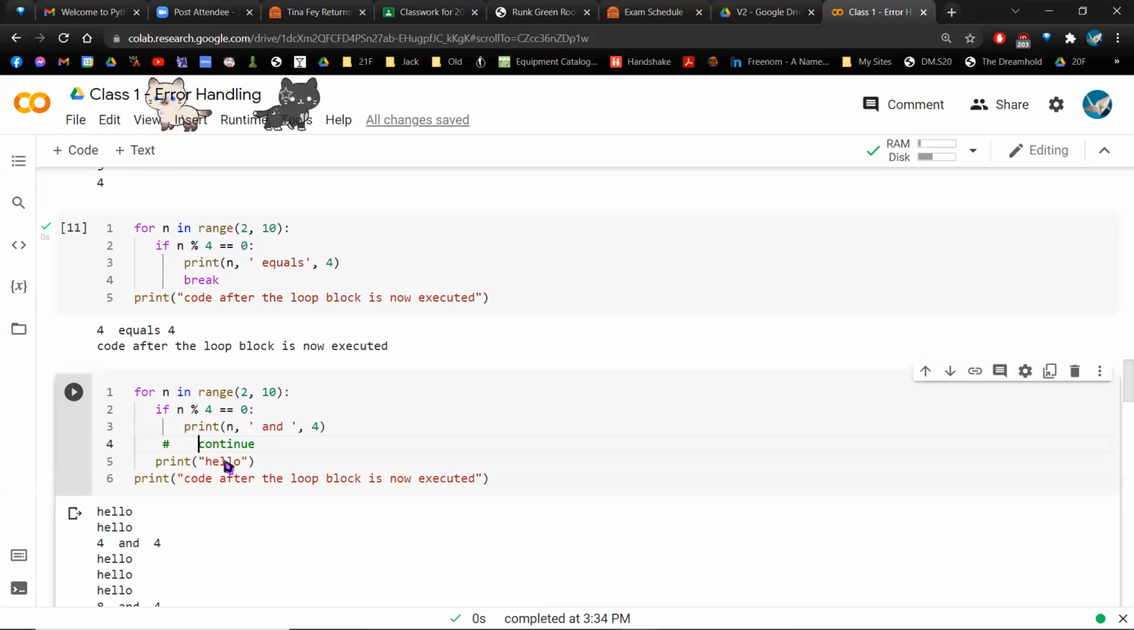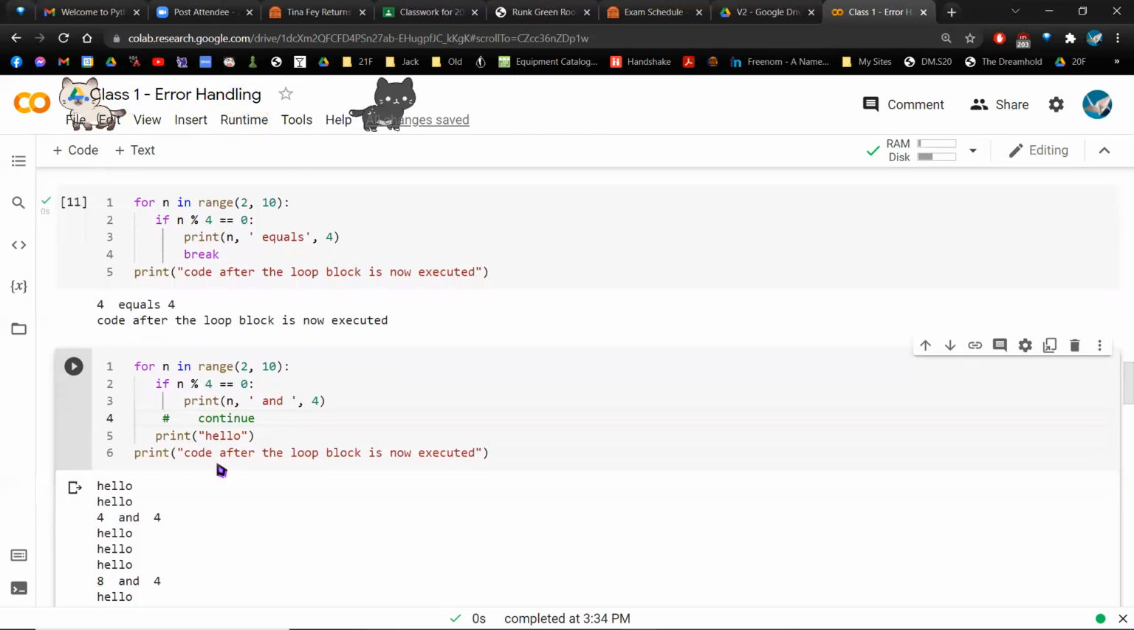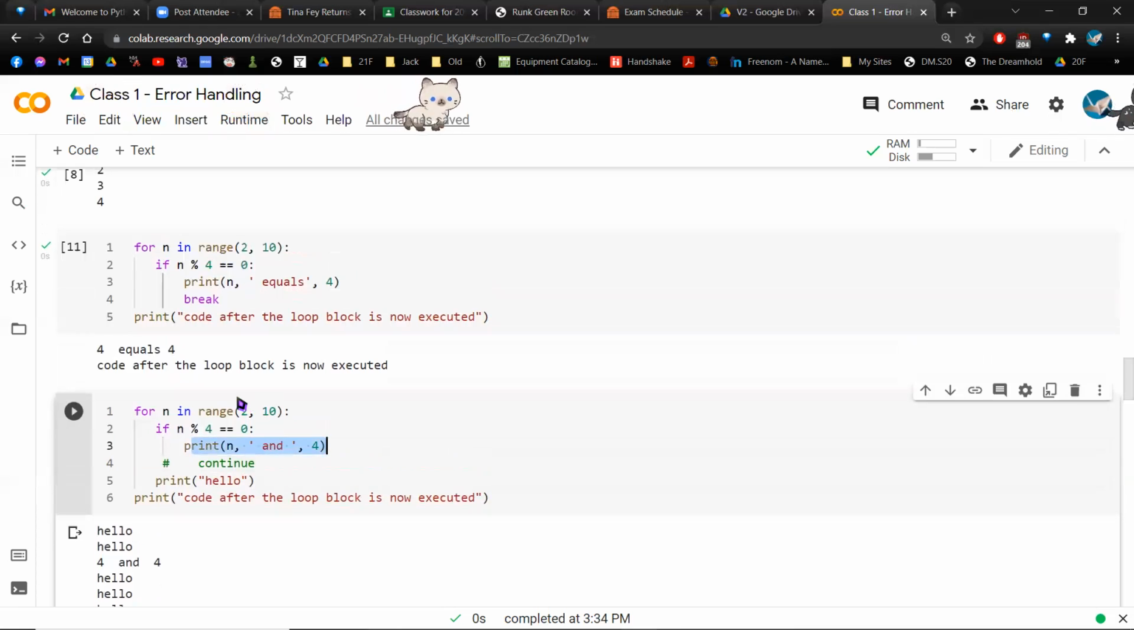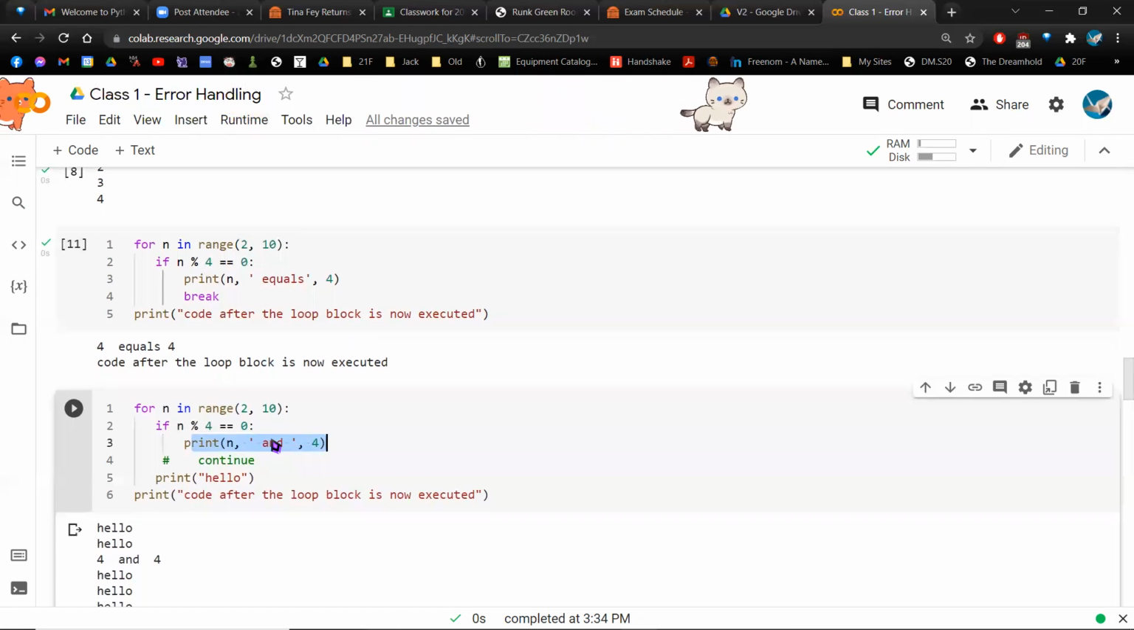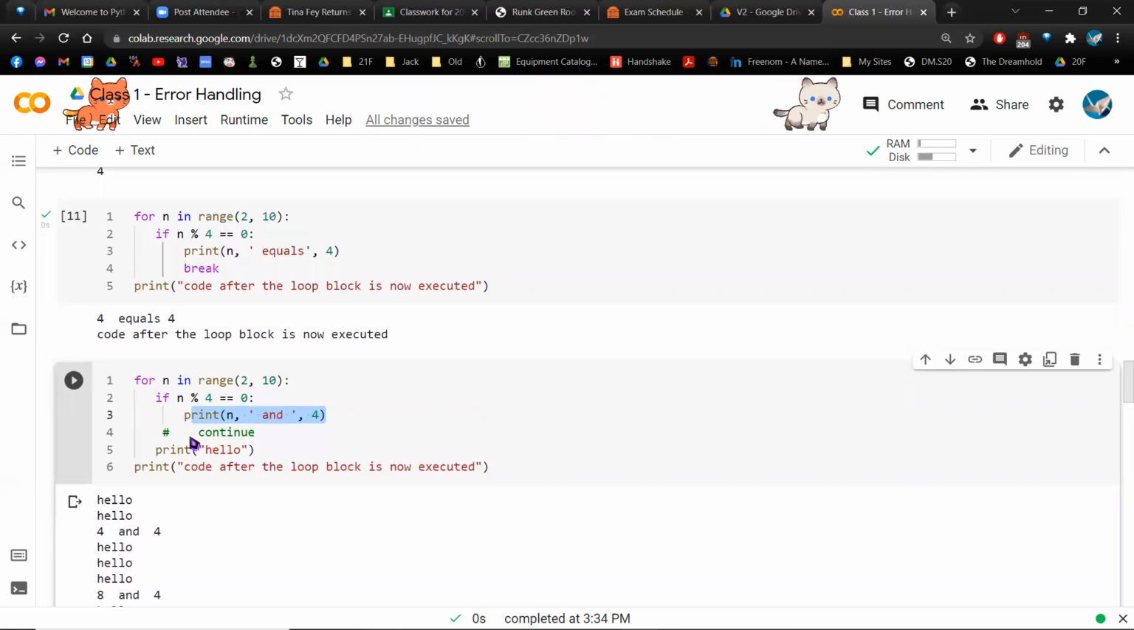And so here, what's happening is that if n is divisible by 4, that's what this statement is checking for. If n is divisible by 4, we print the different message, the n and 4 message, and then we would have continued. What continue does is skip whatever's left, which is the hello, and go to the next loop. Oh, I see we just lost Evan. Hopefully he comes back. But anyways, if we remove the continue, if we got rid of it, what would happen